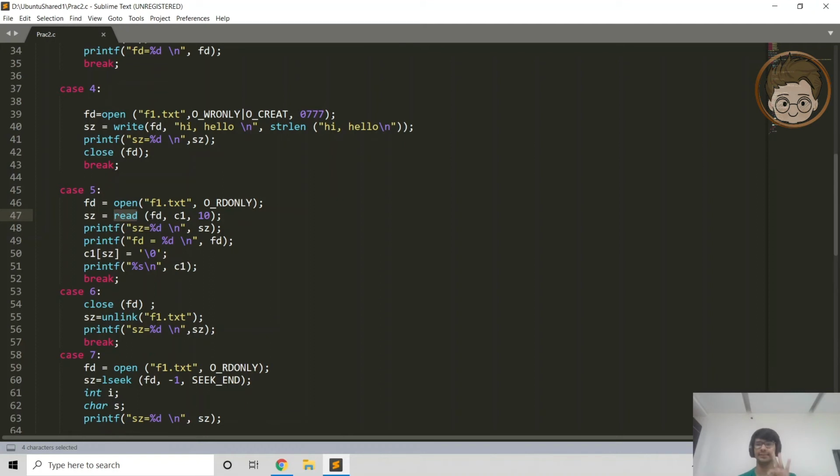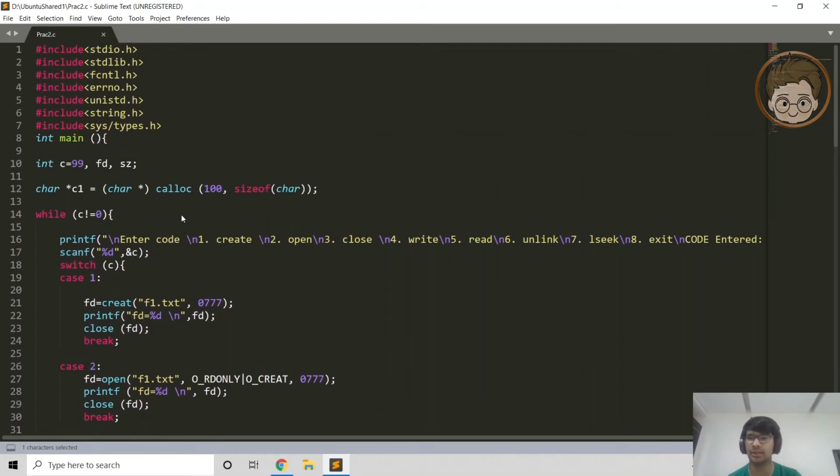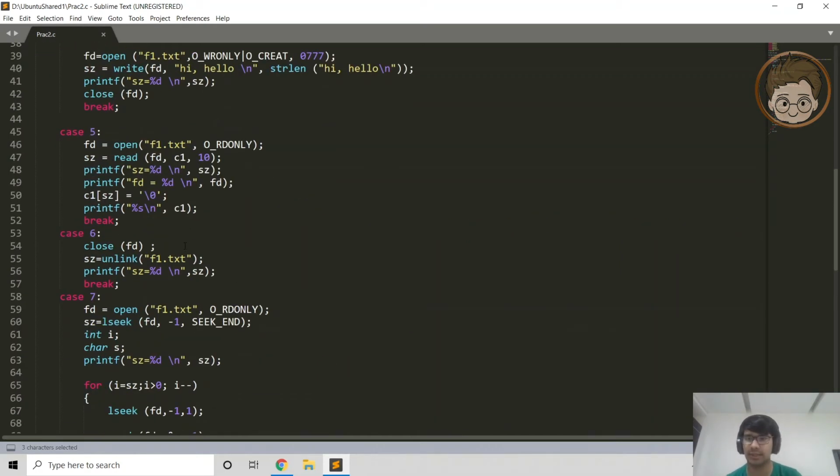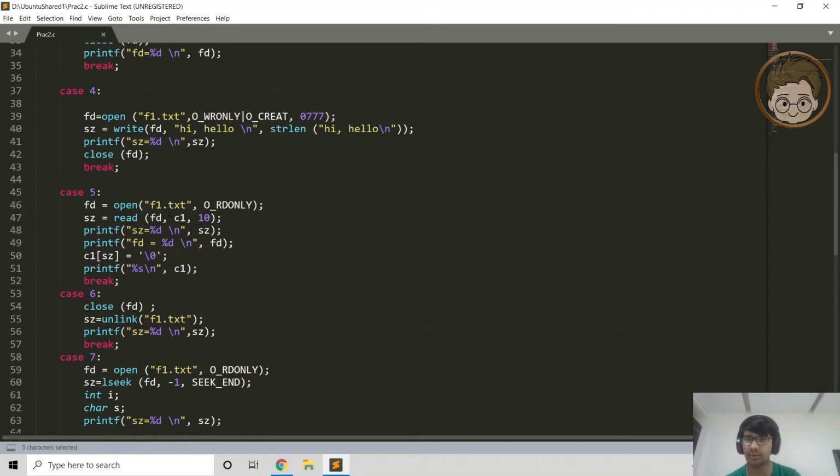The read method takes three arguments. That is the file pointer, which we have got from the open command. Next, it will take the buffer. Now, if you remember, on line number 12, we have created this character buffer of 100 size. So we will pass that buffer directly into the read statement right here. And this is the number of characters to read. So that is 10. So next we will print all of this stuff.